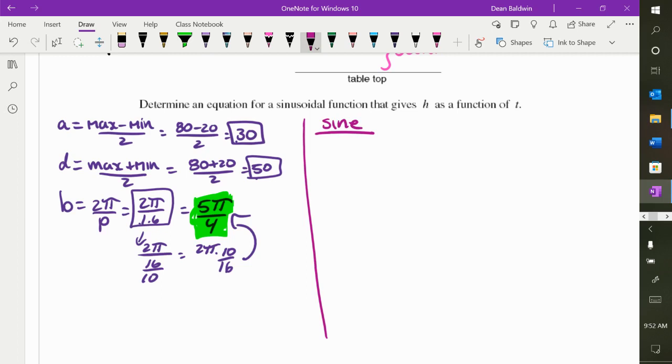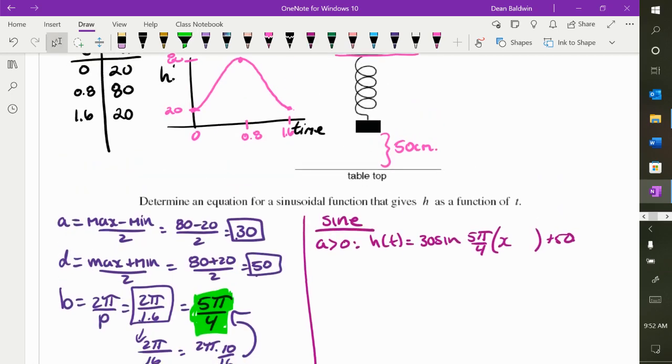Sine. If we're doing sine, A is greater than 0, so A is positive. H of t is equal to 30 sine, what's my b value? Oh, the controversial 5 pi over 4. X, and then the d is plus 50. Okay, if we're doing sine with A positive, we're looking for